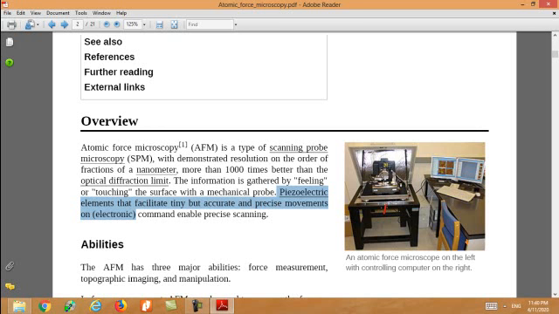These piezoelectric materials are used for making the probe tip, and they feel different forces by touching the surface material, its ridges and furrows, and give the different topographic features present in the sample.